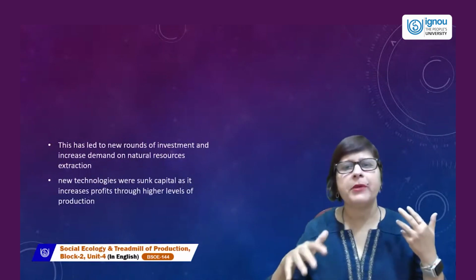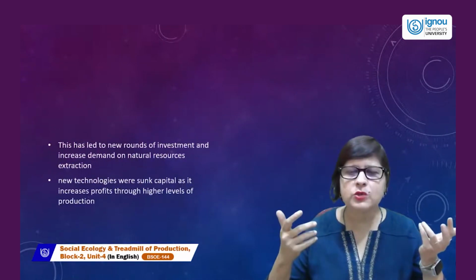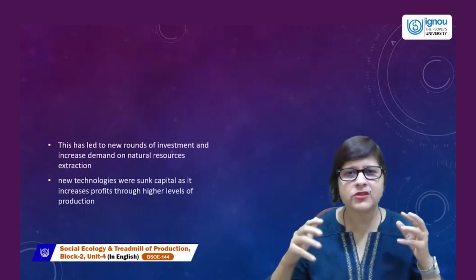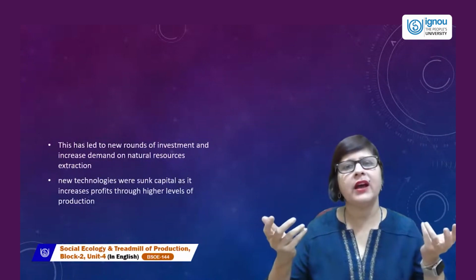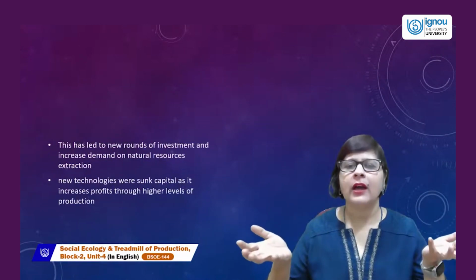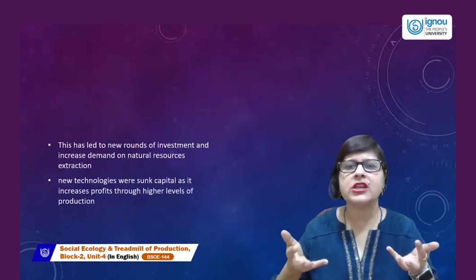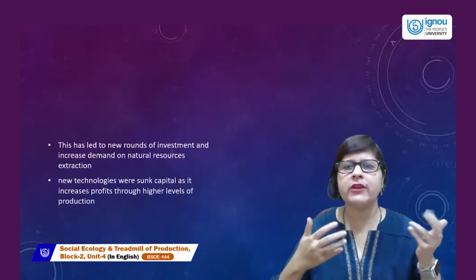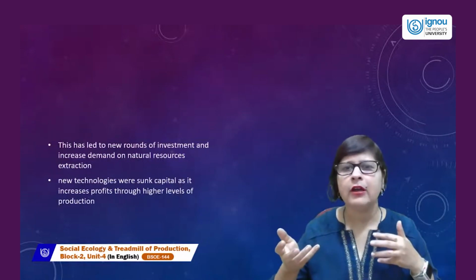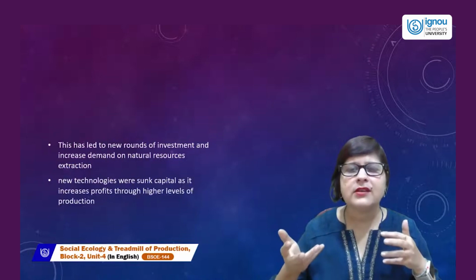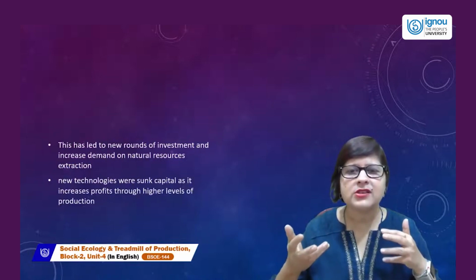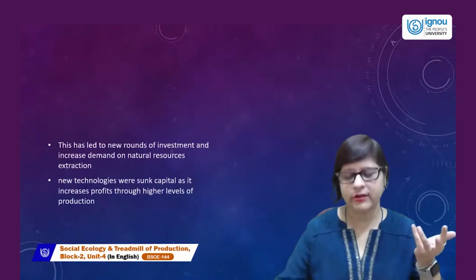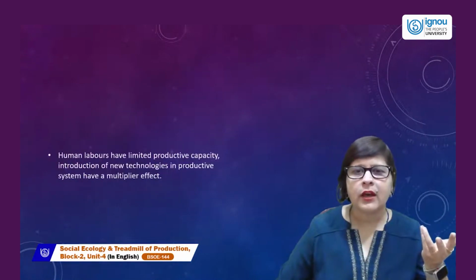The profit of the capitalist or the owner has increased multiple times because of the technological developments. For these technological developments, various researches have been carried out in private institutions and publicly funded institutions, and for these researches and developments, they demanded more access to natural resources,